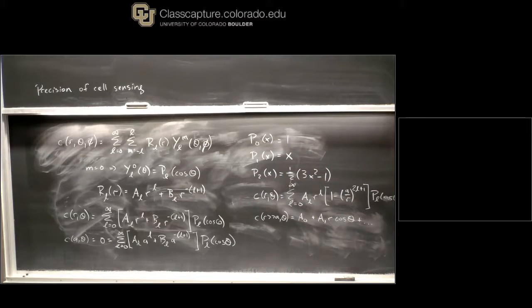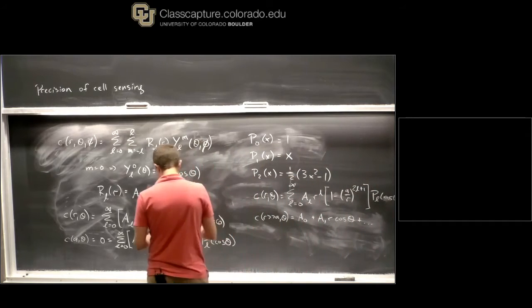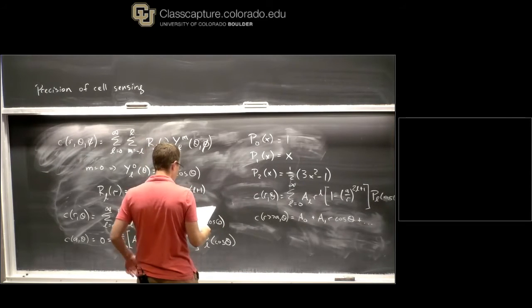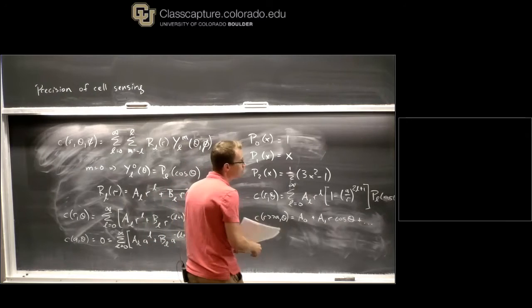Once again, because the Legendre polynomials are independent, we need to match this thing term by term. Constant, cos theta, and everything else is 0, right? So this says immediately what these things are. A0 is C0, and A1 is G. And so my full expression then